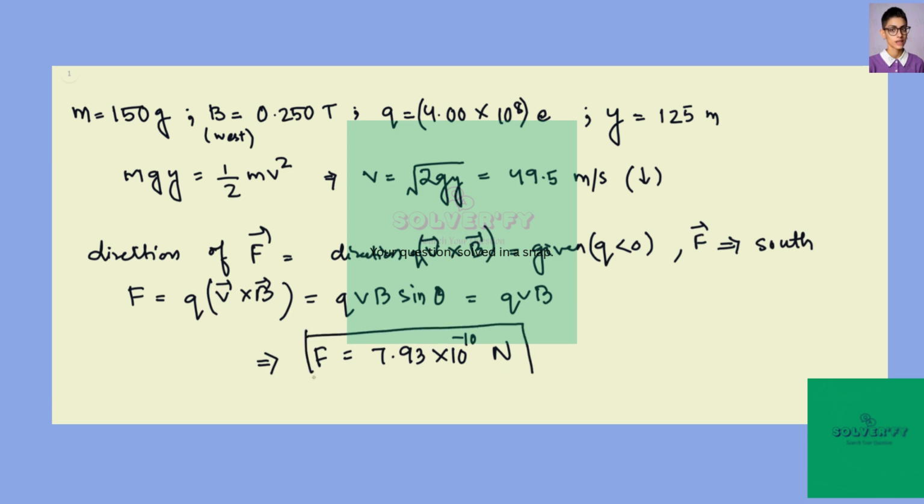Now, while doing the calculation, make sure you write q in terms of coulombs. So you have to multiply this factor with the charge on each electron, which is negative 1.6 times 10 to the power minus 19 coulomb. But don't worry about the sign here, because we have already considered that, and here we are just trying to find the